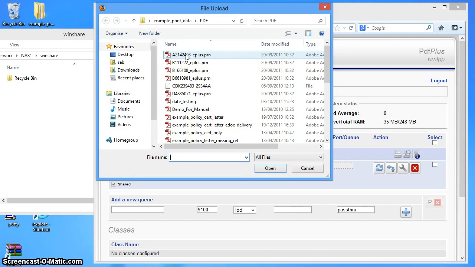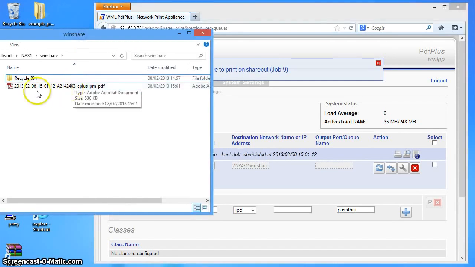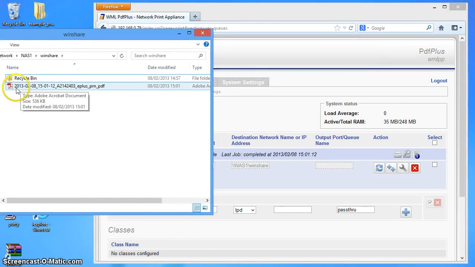Let's take this first PDF Plus here. This is just some example print data I've got on the system. There it goes, and there's the file there. You can see it's got a fairly long name. By default, it will have the date at the start of the file name, then the time,